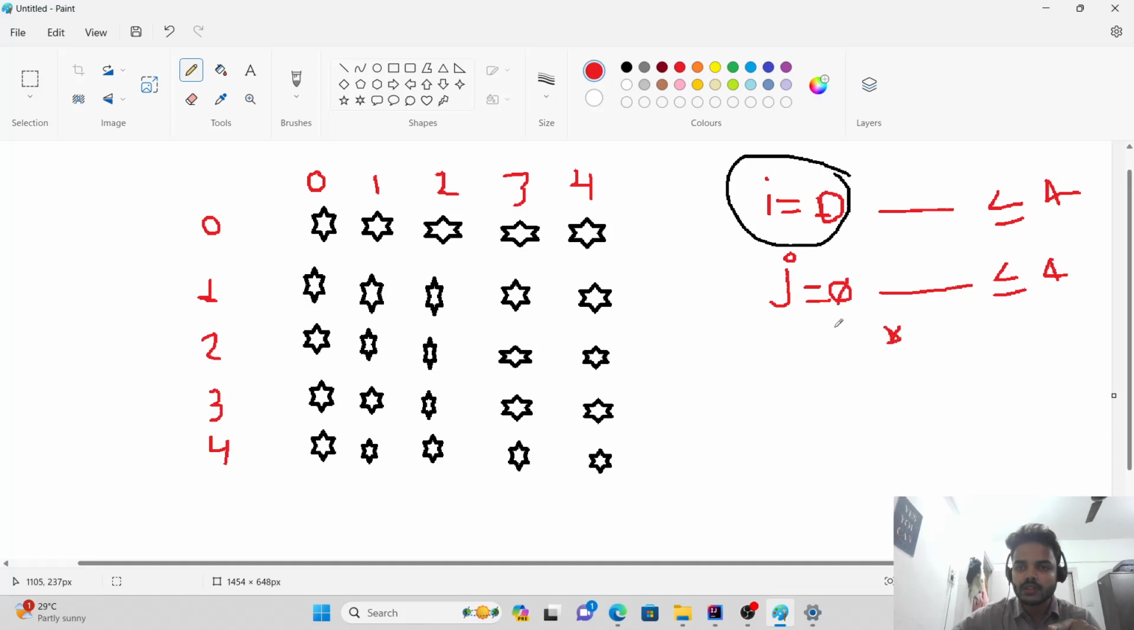Then we iterate j from 0 to 1, then print another star. Then we iterate j and make it 2, then print another star. Till how much do we have to print? Until j is less than or equal to 4. So when j is equal to 3, we'll print another star, right? When j is equal to 4, we'll print another star, and once j is equal to 5,